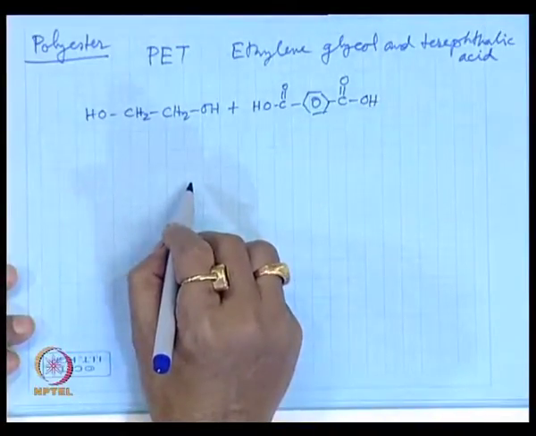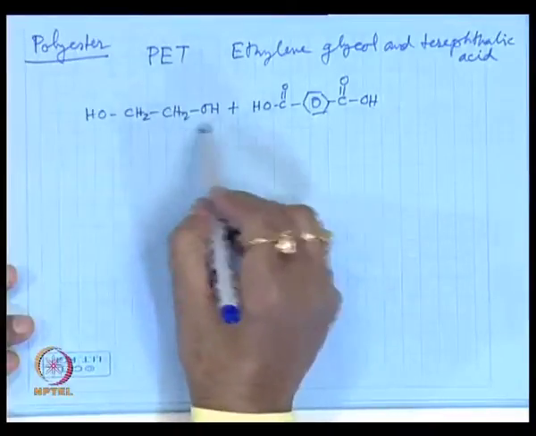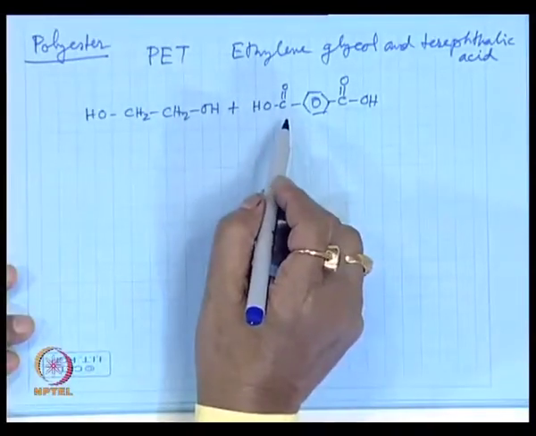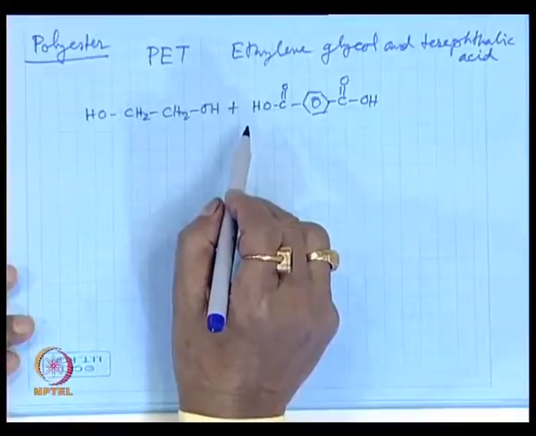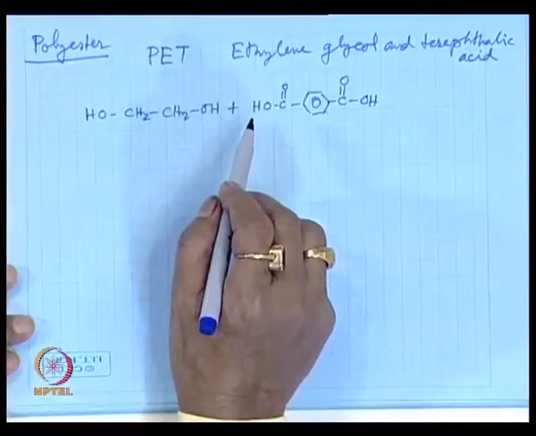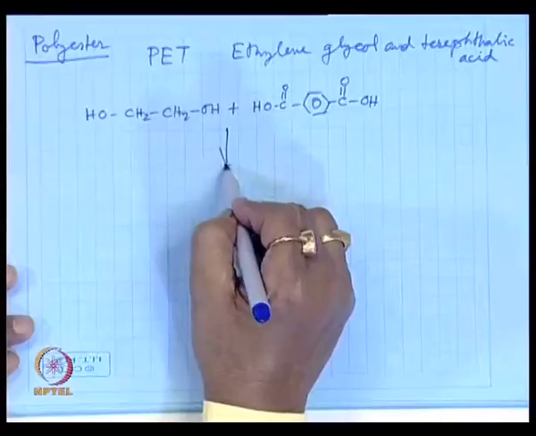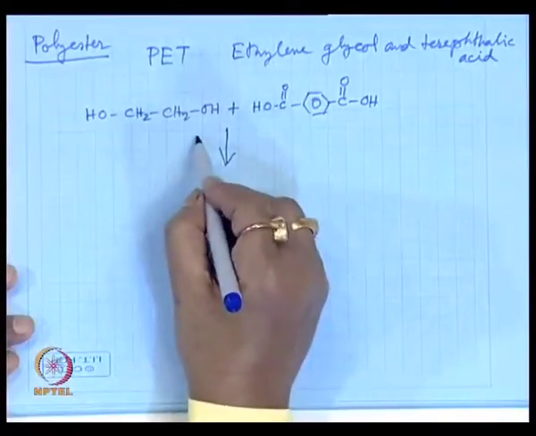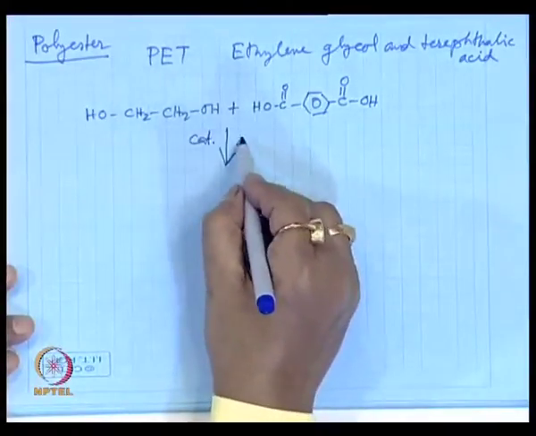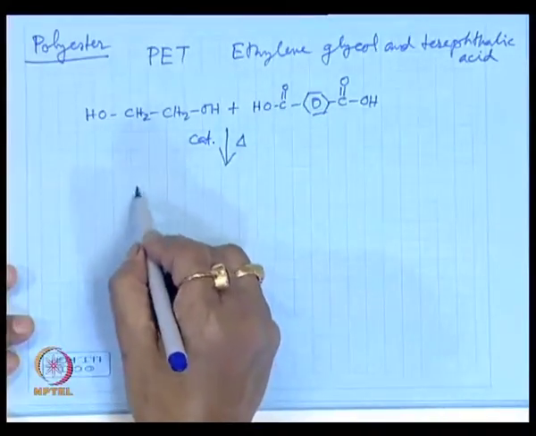Terephthalic acid. So, these two, this is an alcohol and acid. You know, when an alcohol reacts with an acid, the product is an ester with the elimination of a small molecule as byproduct. Here also, if you take a catalyst and apply heat, you will get